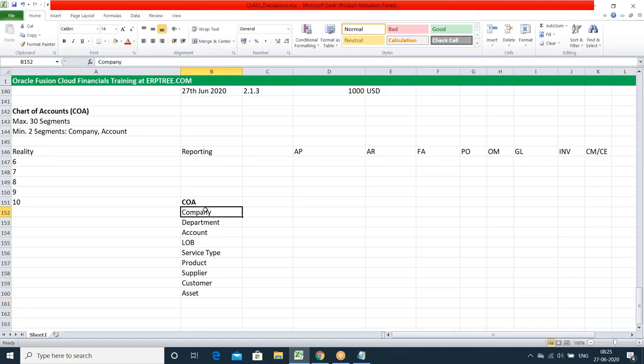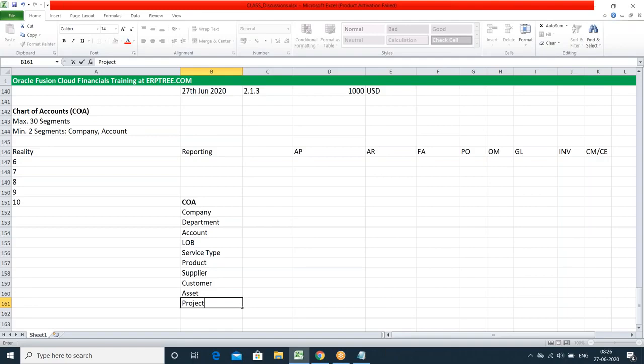Say 9 segments we finalized, company started using, they started working with the projects. They are doing some projects for their clients. Okay, in that case, the transactions they are recording, they want to capture which project the transactions belong to. That means they got a new segment requirement. We finalized 9 and they started using. After 1 year, they may need one more segment called as project. If they need one more segment as a project,